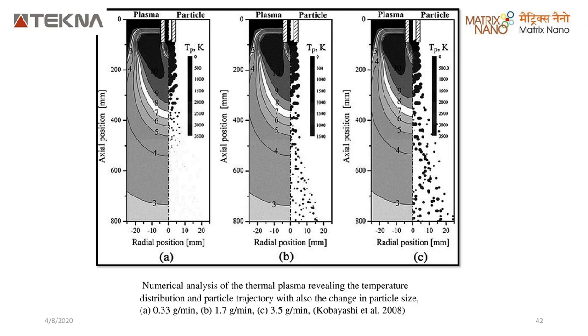At 1.7 grams per minute, which is ideal, you have a decent spherical material and a decent flow rate, with less agglomeration and less clogging. And in C, when you have more clogging, more material coming out at 3.5 grams per minute, you get bigger particles, and disproportionate material transfer and energy transfer.